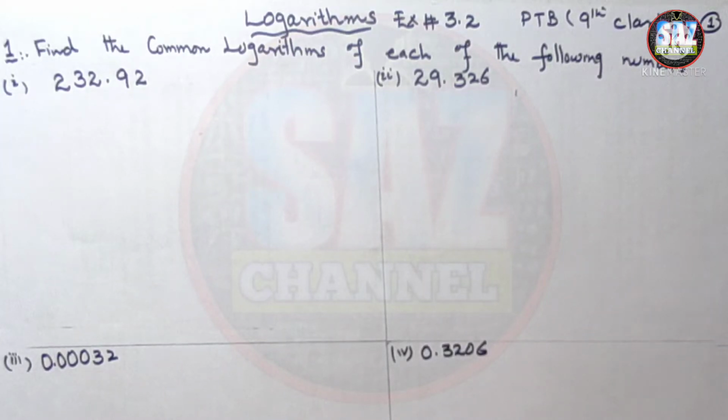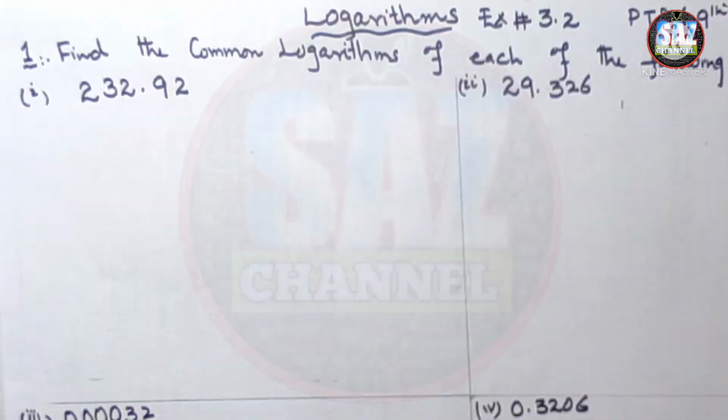This is my first lesson of exercise 3.2, Punjab Textbook Board, science groups book, and in this class, students, I will be discussing how to find the common logarithms of the given numbers. Exercise 3.2 question number 1 says, find the common logarithm of each of the following numbers, and the first situation is